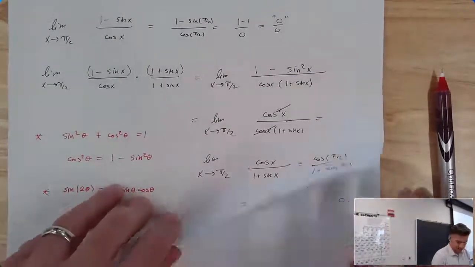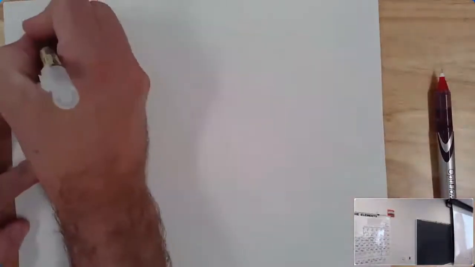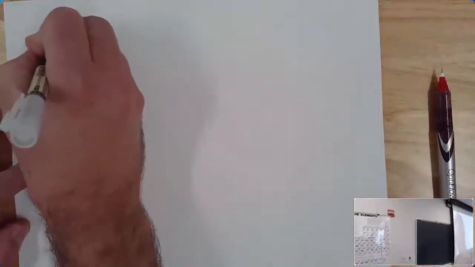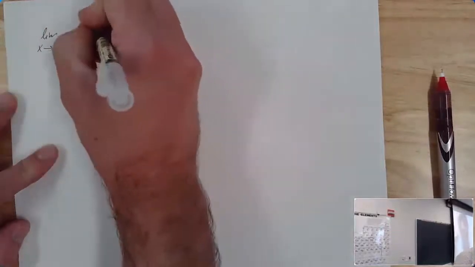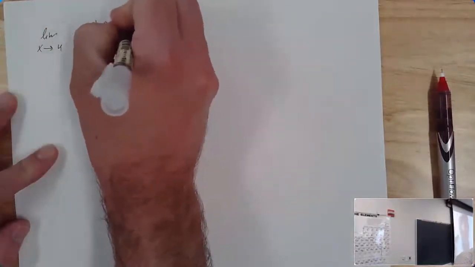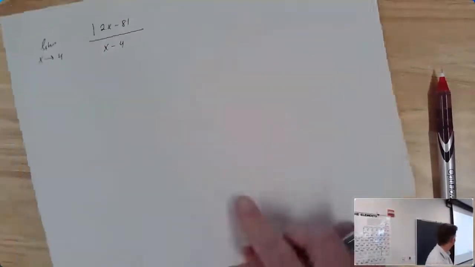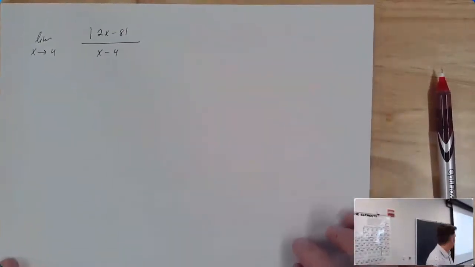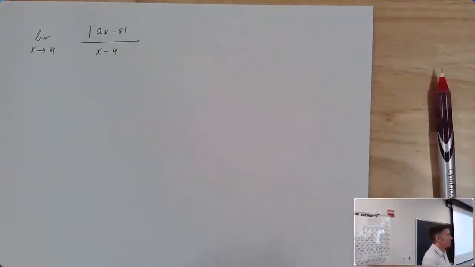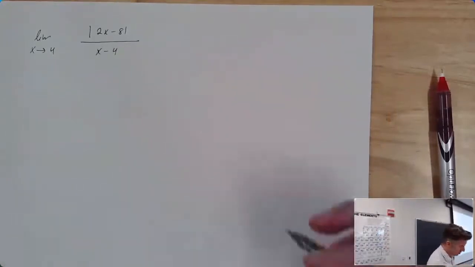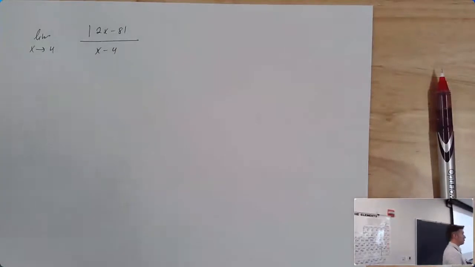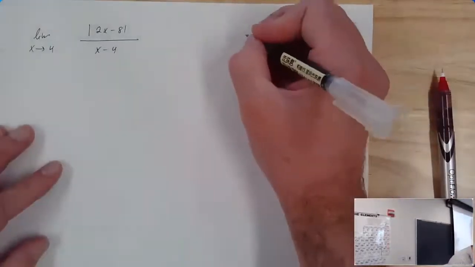Sometimes algebra doesn't really get us what we need, though. Sometimes you might have something like the limit as x approaches 4 of the absolute value of 2x minus 8 over x minus 4. Absolute values are kind of a pain. So here's the thing we have to know about the absolute value. The absolute value is really a piecewise function. The absolute value of some stuff